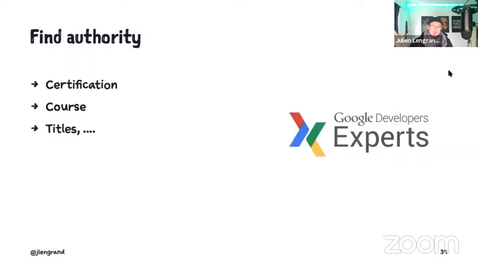Another one, depending on what kind of manager you have, of course, you can find authority. Some people really care about titles. I don't personally care, but it does help. When you say I'm a Google developer expert, not everybody is. So you have a little stamp of authority somehow, and it helps carry your story over. For Kotlin, there is a GDE title, but for Kubernetes, there are certifications, there are courses, there are many ways to bring that authority. That can be useful for you. It wasn't for us, but.